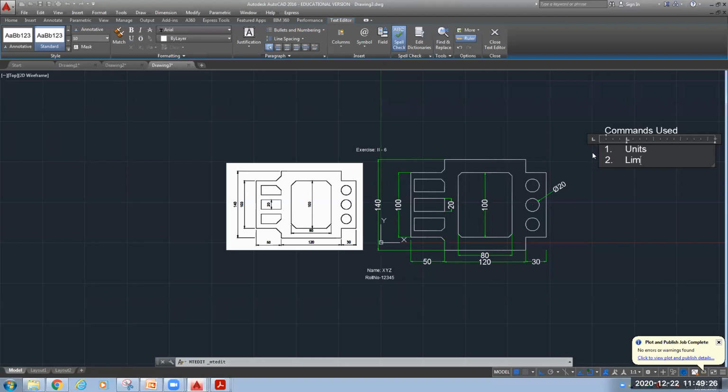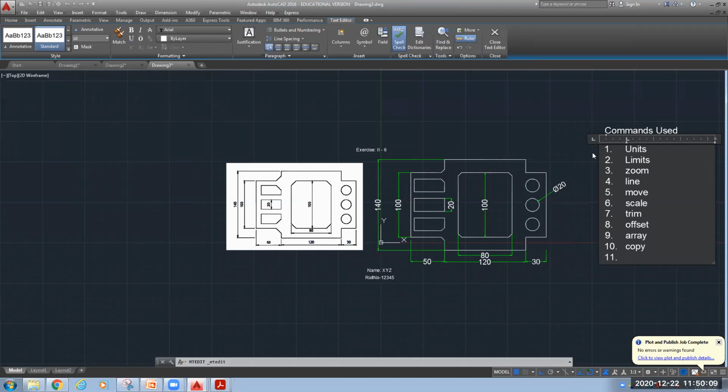Second, we have used limits. Now you can tell me. After this, zoom command, line command, scale, very good. Zoom, line, scale, move, scale, trim, offset, array, copy, move, copy. Snipping command, okay, but snipping is not part of AutoCAD.